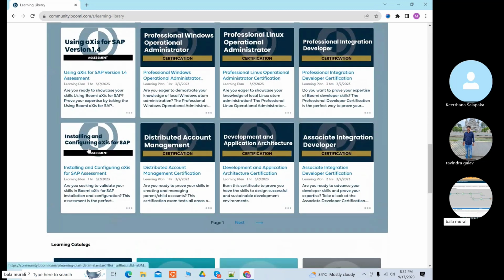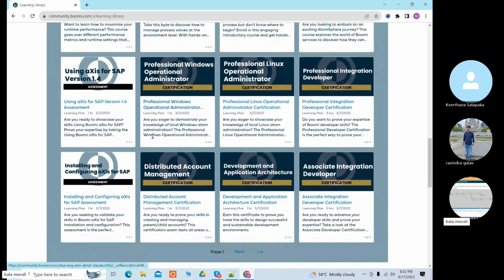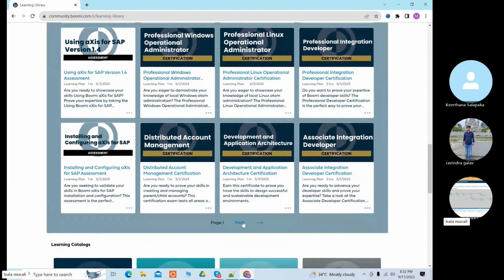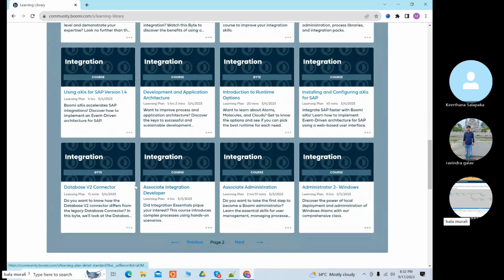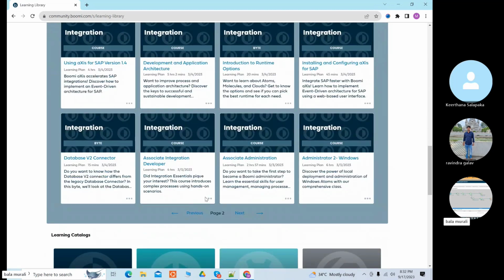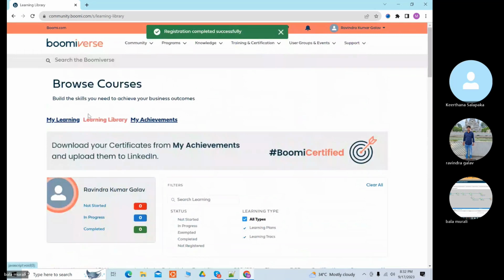Associate integration developer certification. Professional integration operation certification. Yeah, so associate integration developer. I have added 3 things. After completing the 3 things, then we'll see.